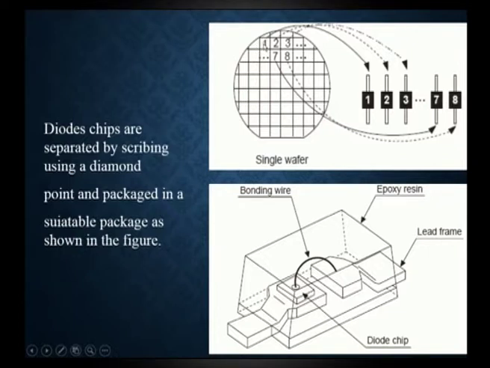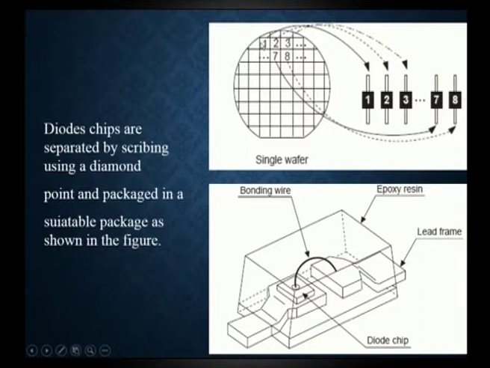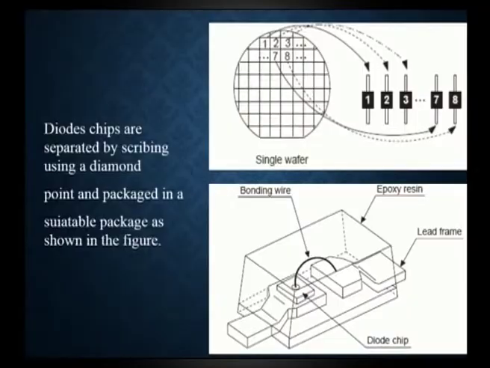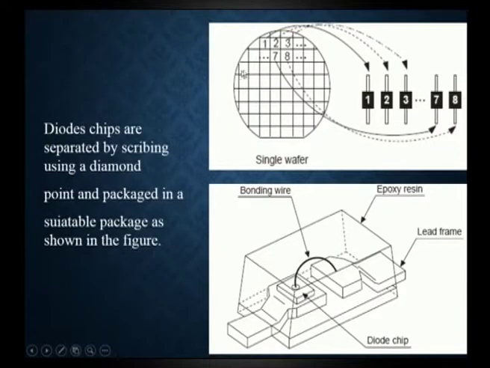This can be easily formed with the help of the different steps, and these steps are repeated for individual chips of a wafer. So, these individual chips form individual diodes. Each chip will go through the steps that we discussed for producing a single diode. If we consider this single chip, we have a P type, on top of it a silicon dioxide layer is formed, on top of it N type, and also the metal contact formation. And finally, on the single wafer we get many diodes.